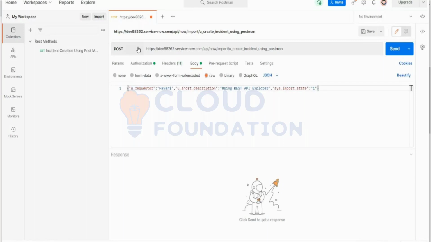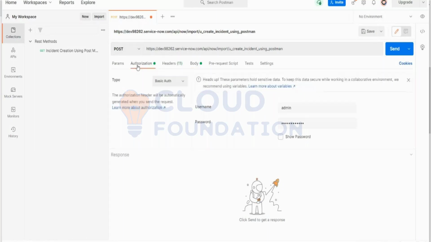Meaning they have to provide their authentication, username and password. They will hit a URL, this URL. So in real time, will they use the Postman application to provide the tickets? No, they are going to do it from a third party. Tomorrow, if you're using Jira, they'll use Jira. But the method they use is going to be POST. They will hit this URL.